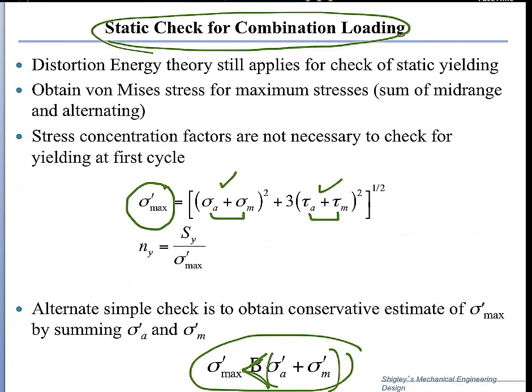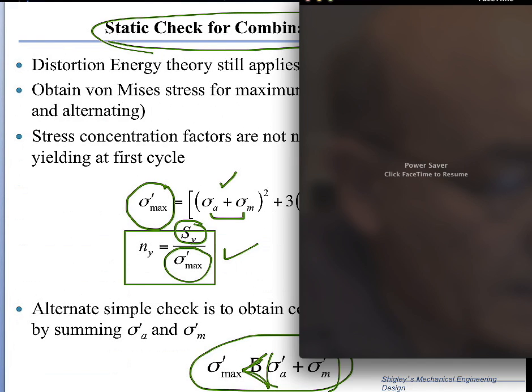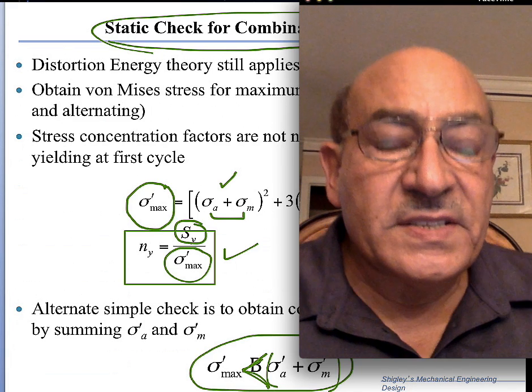So once we get the maximum stress, then we will check for the stress intensity, for which the stress concentration factors will be included. Finally, we will obtain the factor of safety for first yield by noting that it is the ratio of the yield strength of the material divided by the maximum stress that we obtain. So this is essentially all that is needed in terms of